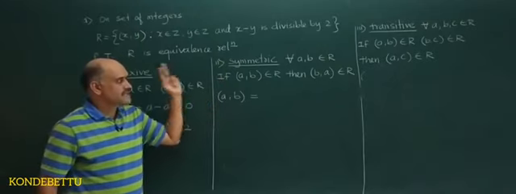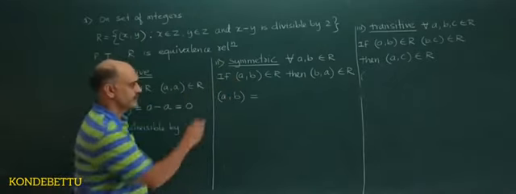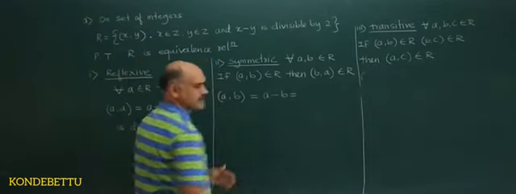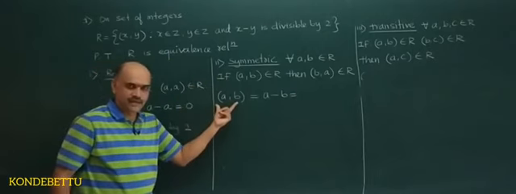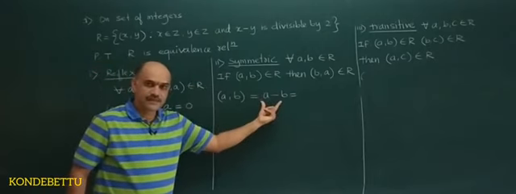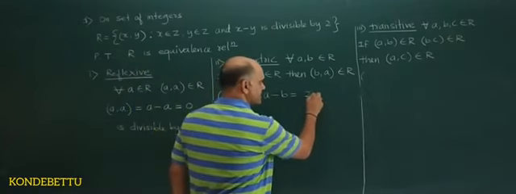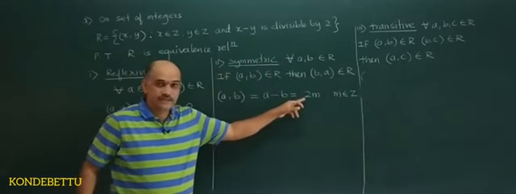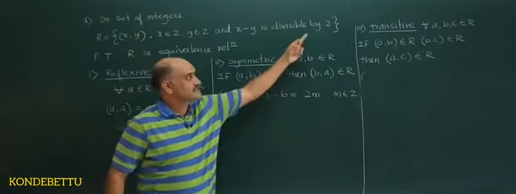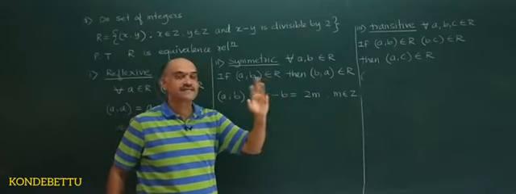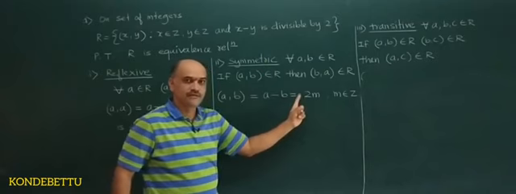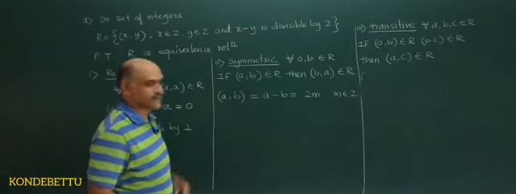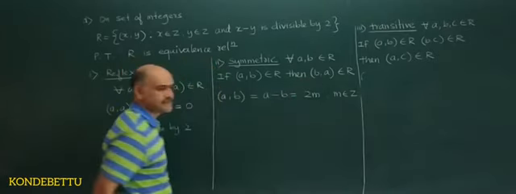Second, similarly if I take symmetric, again by definition, if I take (a, b) it is a minus b. In the last problem I told that this is given, means a minus b is divisible by 2. So I will take this as 2m, where m belongs to Z. Why have I taken 2m? Because he tells that it is divisible by 2. If he says divisible by 5, you should take 5m. So what he has told, you take over here. Now you are required to show that this is also divisible by 2.